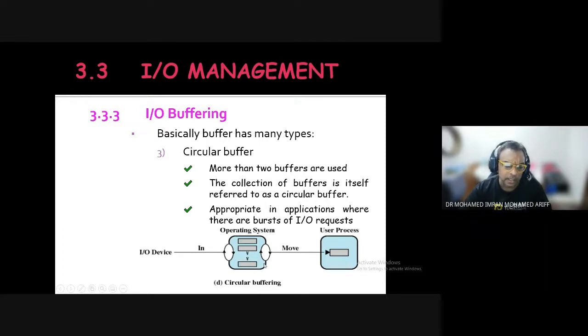Why do I say operating system pula kat sini? Because you have to remember, buffer is inside the memory. Okay, it's a small location which is located near the memory or sometimes inside the memory. As compared to registers, registers are different. Register duduk dalam CPU, but buffer duduk tepi. Some OS, some PC has it near the memory, or some computer system has it inside the memory.